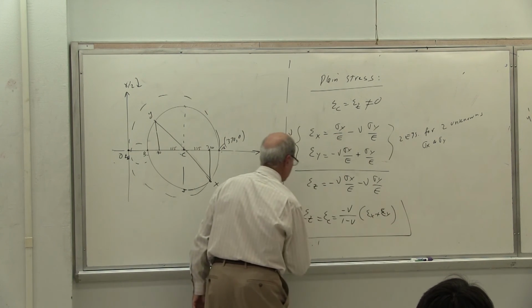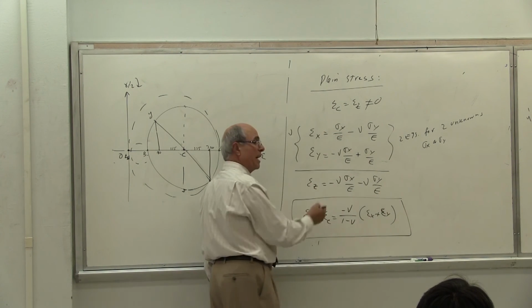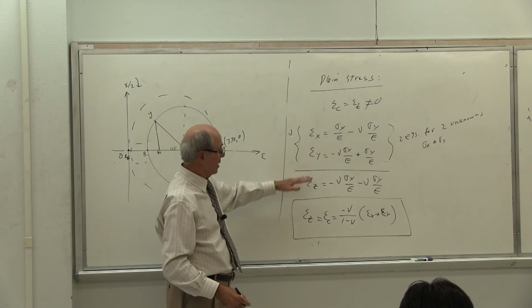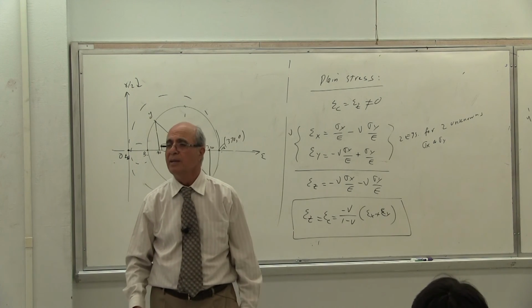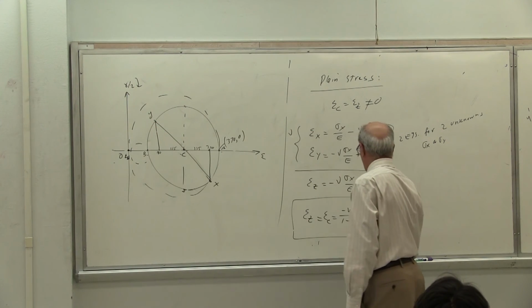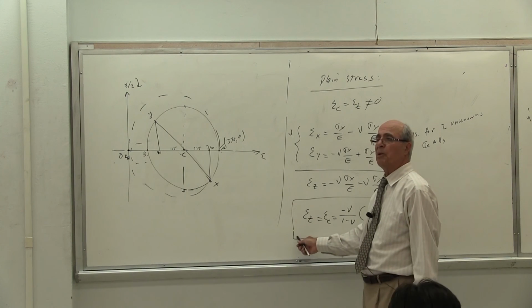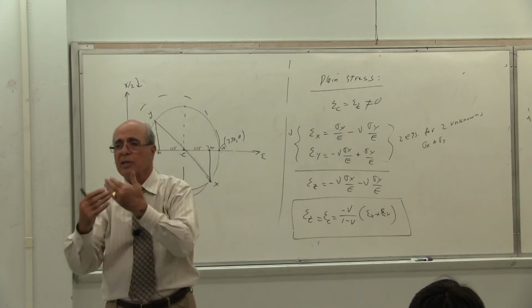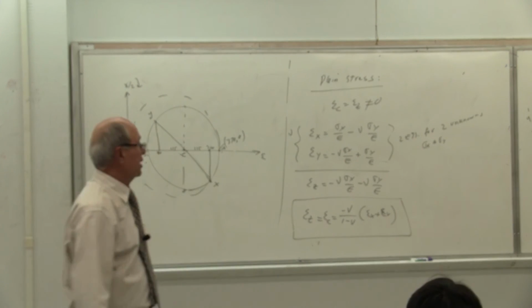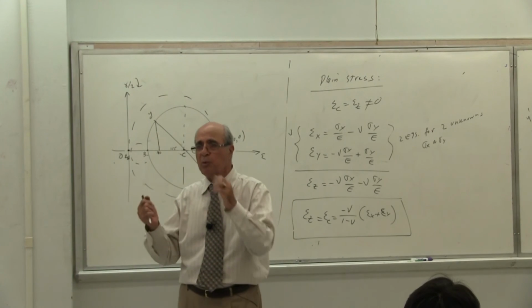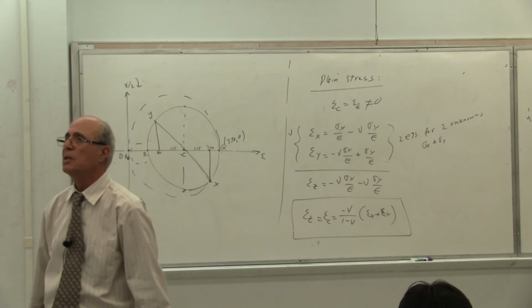So put that one in your equation. That's the result of that operation. So if you don't want to go through the operation, which is lengthy, use that equation for epsilon c. As you see, if this is positive, this one becomes negative. Pulling, the other side becomes negative, smaller. If this is negative and negative, obviously the other side becomes larger, you're pushing and pushing.